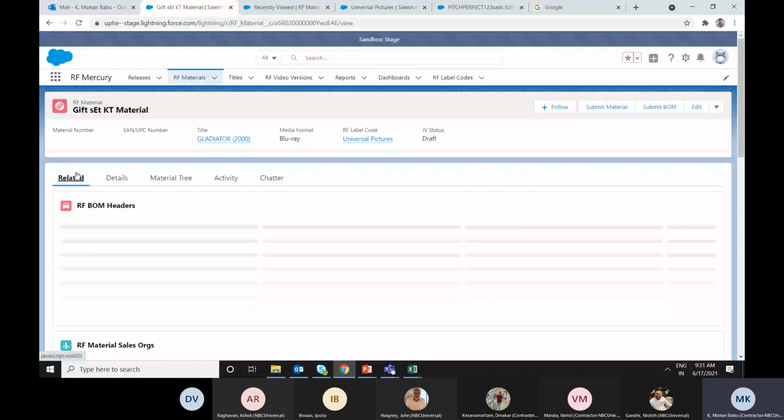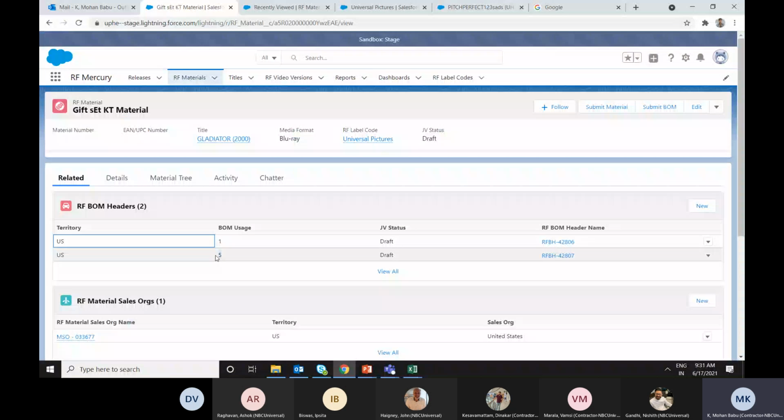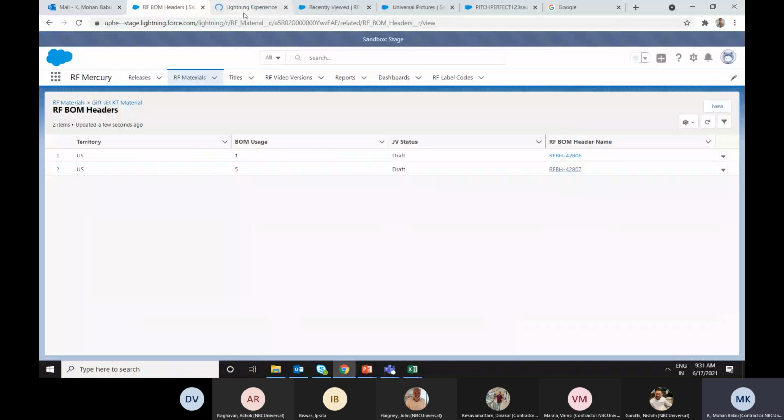One is with usage 1 and another one is with usage 5. Basically the usage 5 won't have any BOM items. We call it the SBOM header and SBOM items if it has any BOM items underneath. As of now we don't have any.